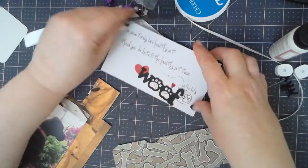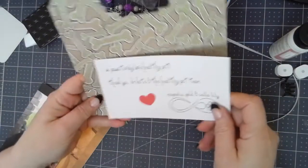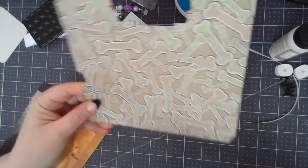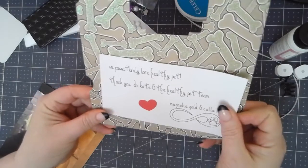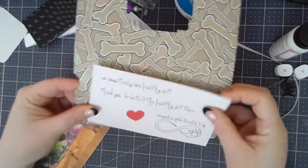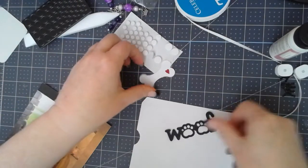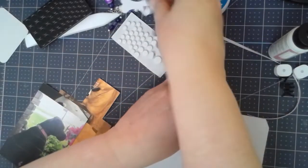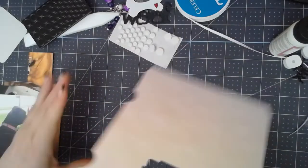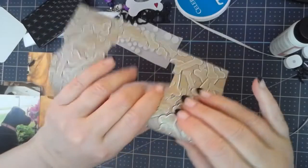And I did cut a couple of extras to decorate this card with. This is because I can't write on this glittery dog bone paper. So I did a little panel to go either inside. I haven't decided. I don't think I can put it inside, but I'm just going to put it on the back for my dog's vet, and a little wolf and a little dog bone, and we'll put those on there in just a minute. So the first thing you want to do is your sleeve, the 2 score lines,